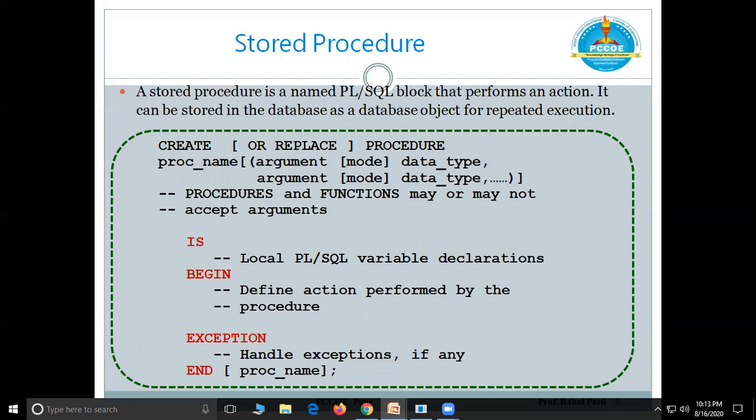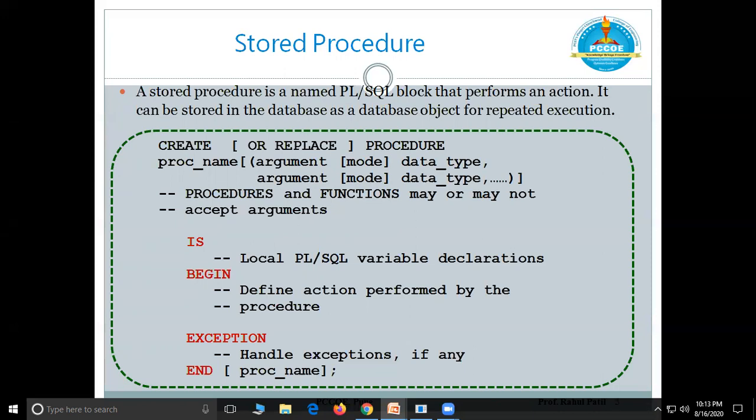And next time, whenever any PLSQL block with proper access control needs that procedure, it can access it in its block. It performs some action. It can be stored in the database as a database object for repeated execution. This is the syntax displayed on your screen for creation of a stored procedure.